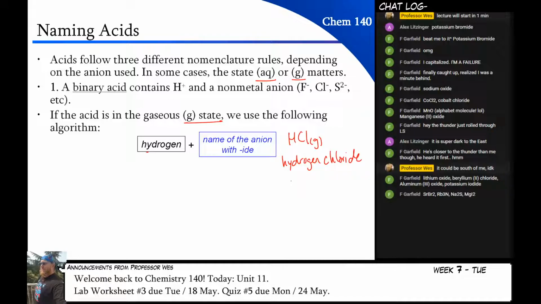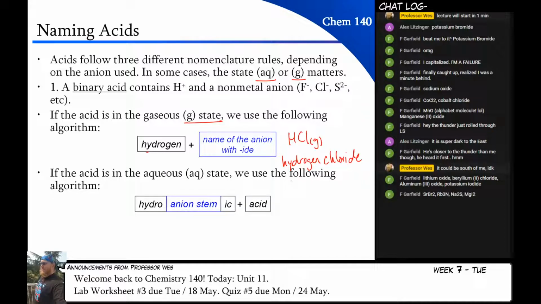Now, if it was the same thing, but in the aqueous state, we use a different rule, and that's this. Where it says anion stem, what that means is to remove the -ide. And then you just put whatever is in there. So HCl as an aqueous solution would be hydro. We just write the word hydro. Chlor, which is the stem of chloride here. And then put -ic on the end. Space, acid. So hydrochloric acid and hydrogen chloride are the same compound, but one is aqueous and one is